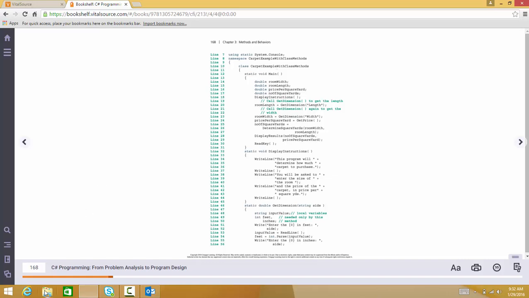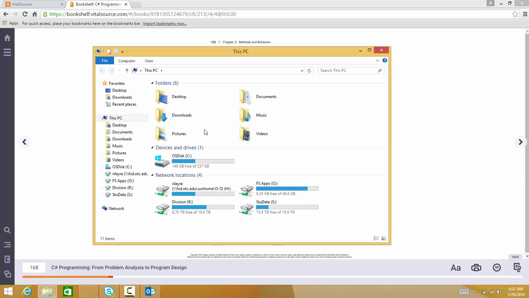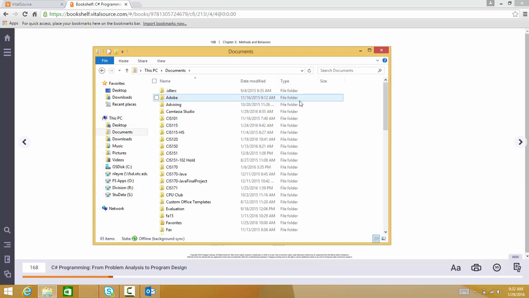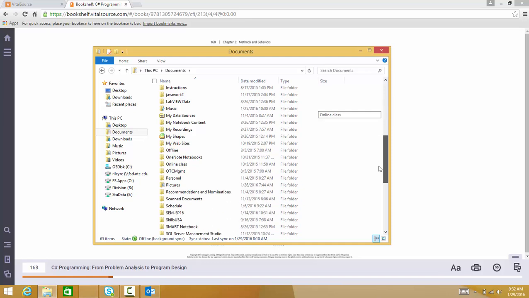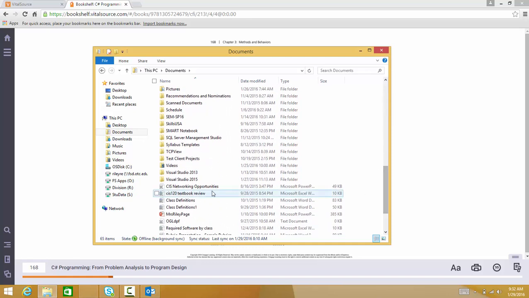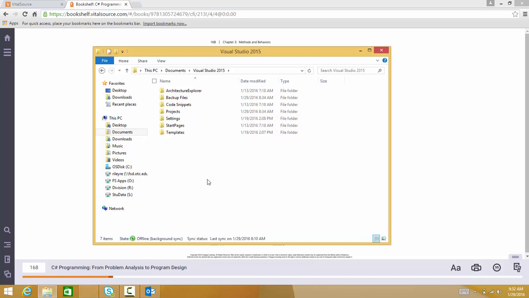I know that my project was saved in my documents folder, and in my documents folder I have the Visual Studio 2015 folder, and that's created automatically when I install Visual Studio 2015, where the first time I open it as the user. And inside the Visual Studio folder, you should find a projects folder. Now, if that's where you've been saving your applications, you'll be able to find your app pretty easily. Mine was named Carpet Calculator Video. I find that folder, so I'm going to copy it